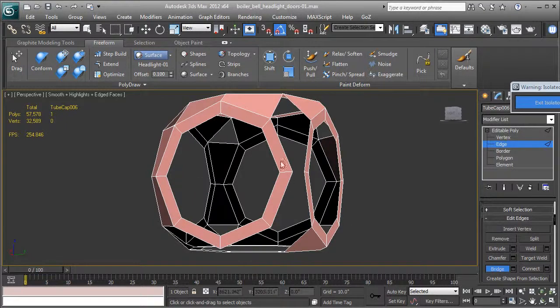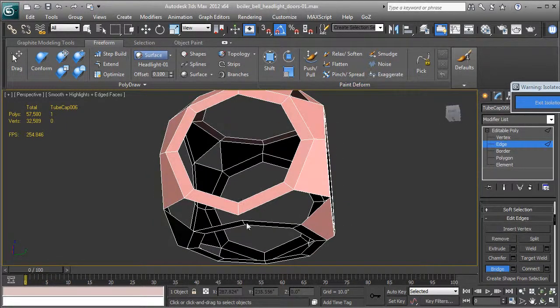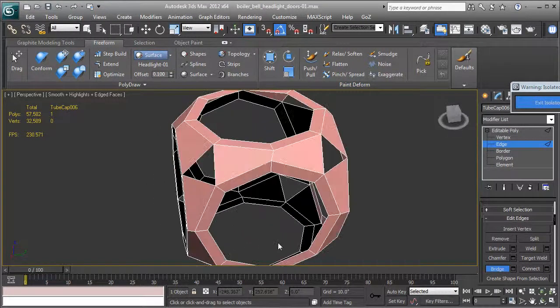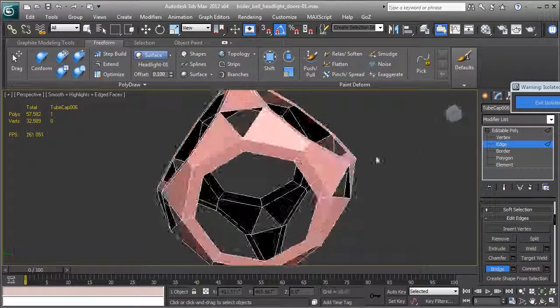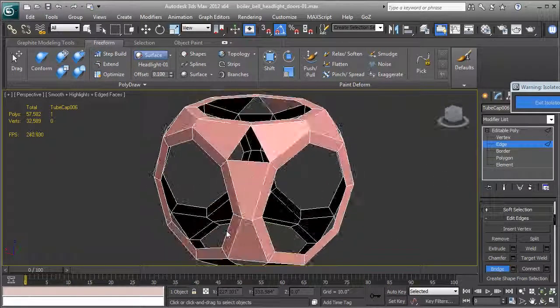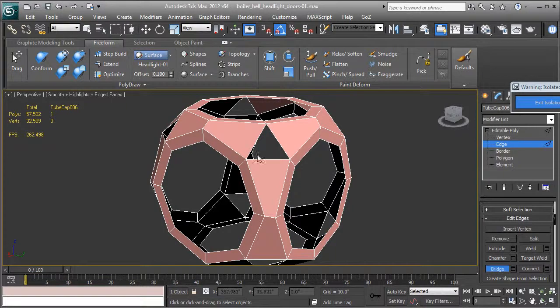Bridge works really well. It's really interactive. I used to use it a lot more than I do now because tools have changed. So I have other preferences, but there we go. So we pretty much sealed that up except for the openings that we want to leave and these little triangle